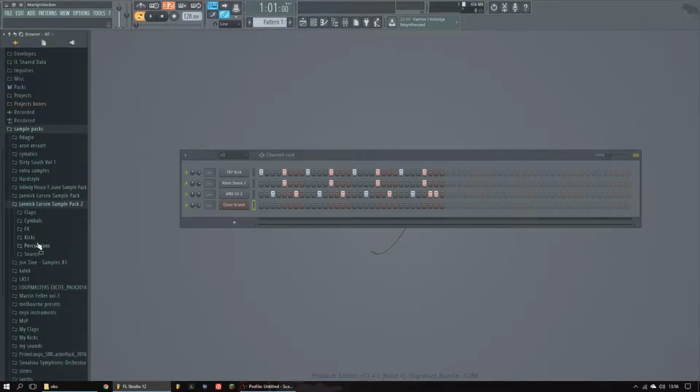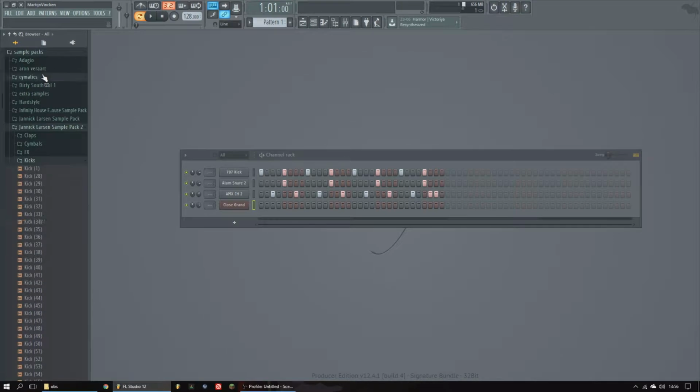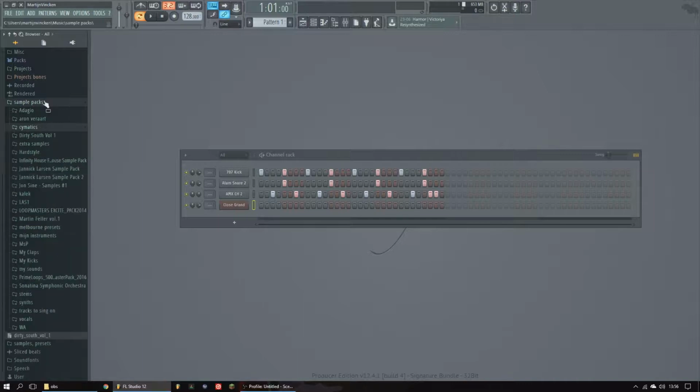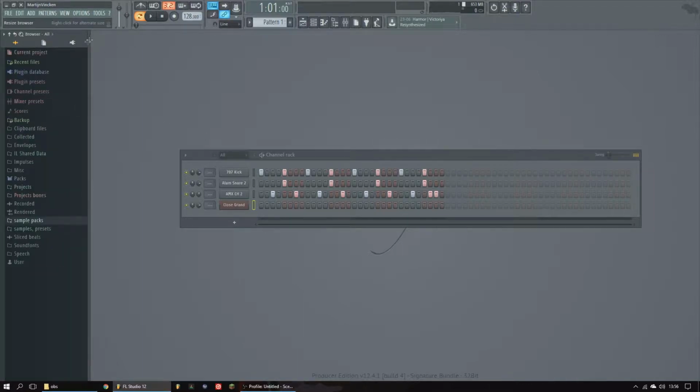For example, these ones. Or from Cymatics, they have really nice samples. I like this one. So that's basically it for